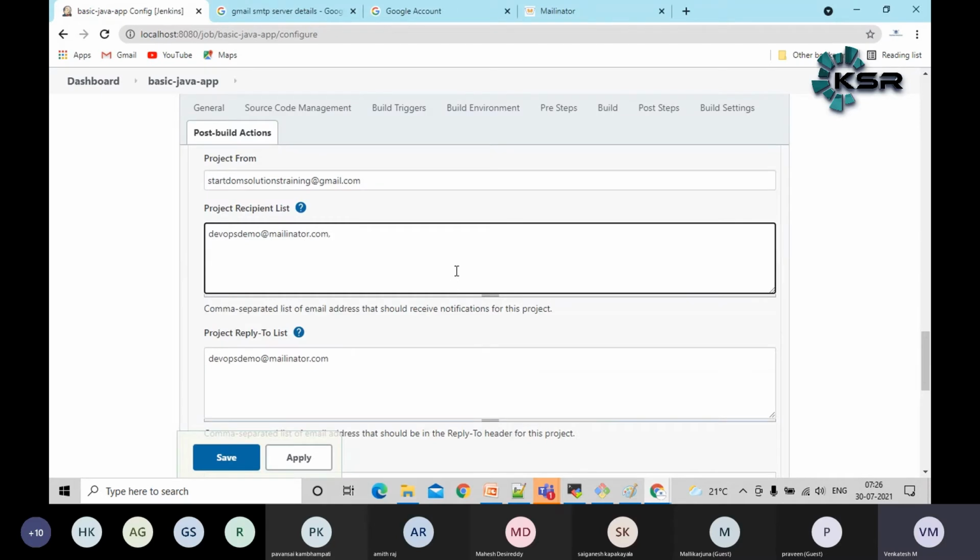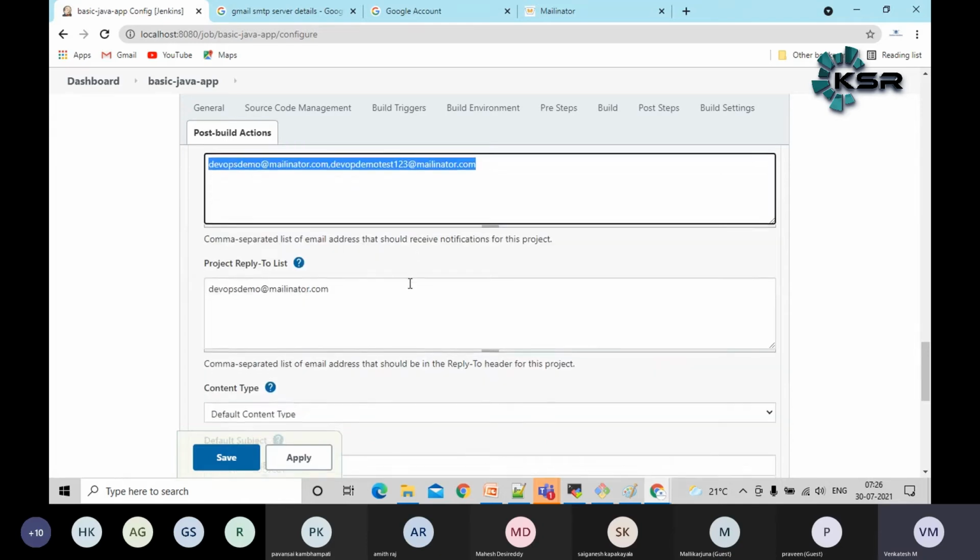We can add a set of list here. Same way, like mailinator.com, we need to add my email address. In real time, it will end with the developer username and your company domain name. Then this list will keep on increasing as per the requirement.